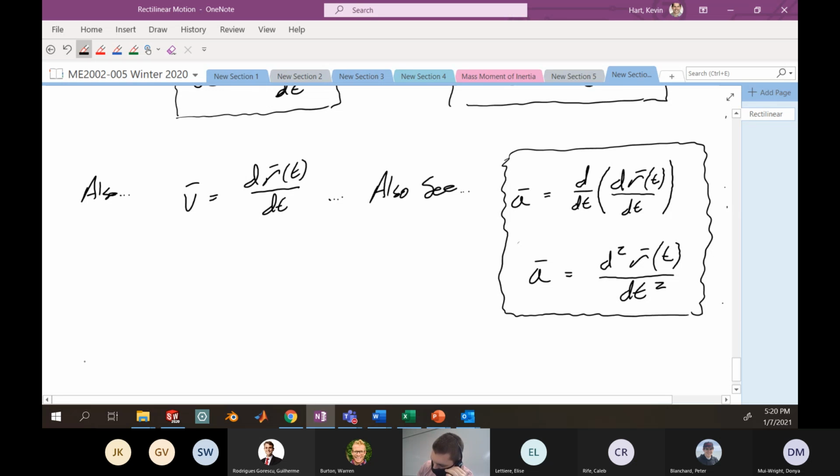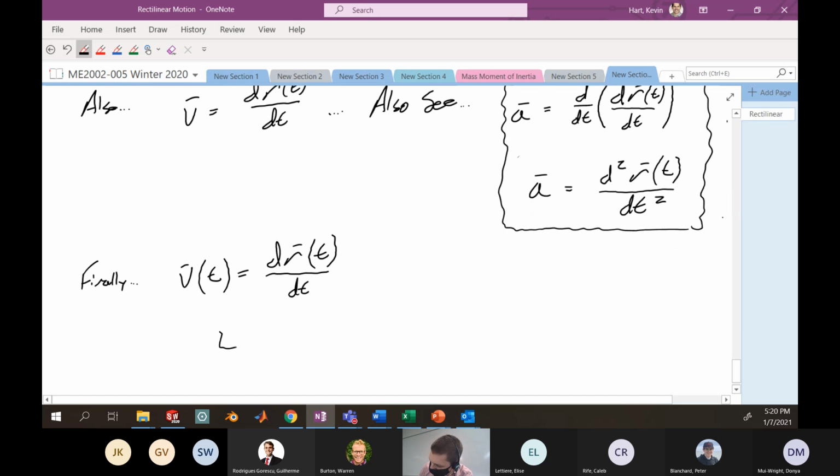We know that you're going to have something like velocity is dr dt. Sorry, let's be a little bit more clean. Velocity as a function of time is the derivative of the position vector with respect to time. Can rearrange this using some differential equations techniques, which I'm not going to get too much into now, but could rearrange this as